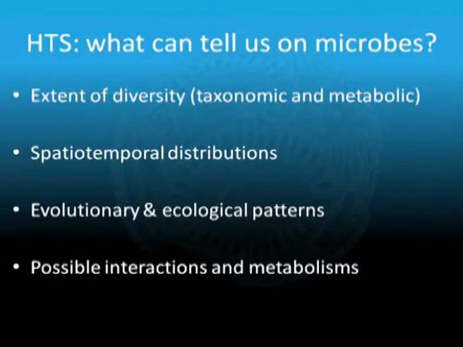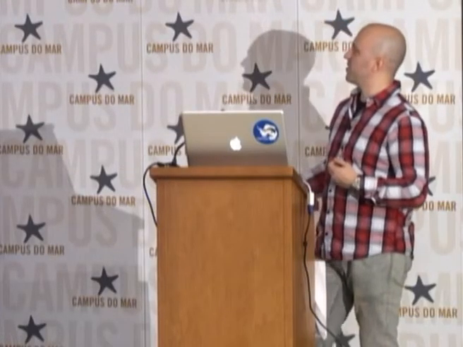High-throughput sequencing, I think, is very useful for understanding the extent of diversity, taxonomic and metabolic, to understand spatiotemporal distributions, evolutionary and ecological patterns, as well as interactions and metabolisms. One question that has been around for quite a while is related to microbial diversity and distributional patterns. One thing is how many microbes there are, which types you have, and also how they are distributed in space